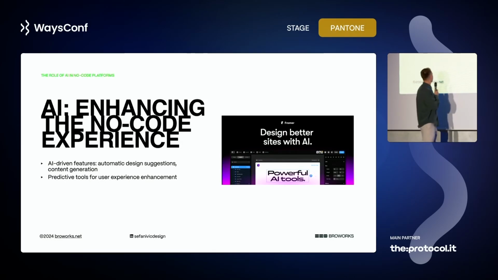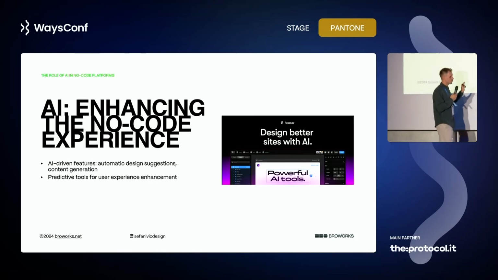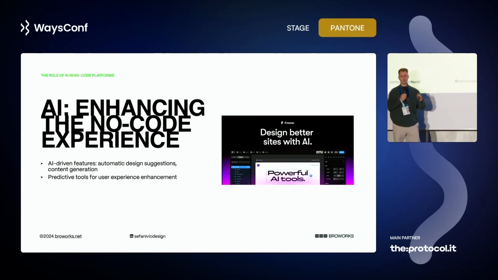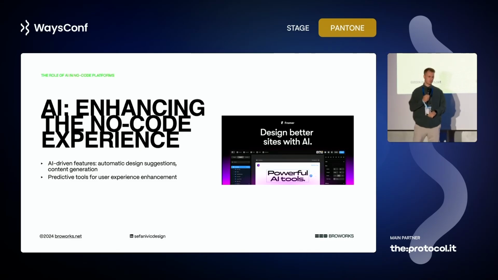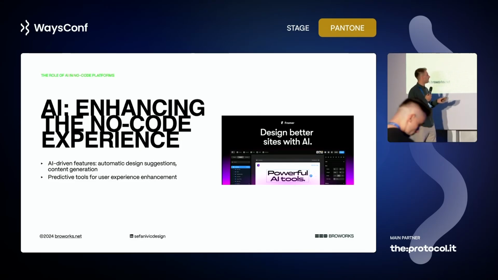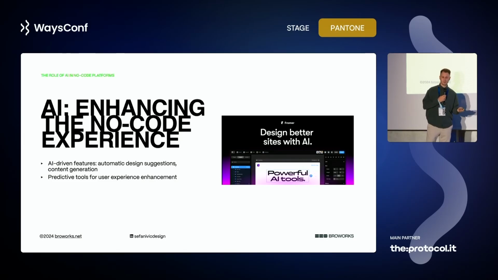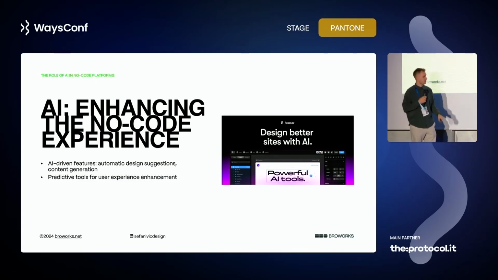Okay, there's not enough time, but AI is also one of the, I mean, if you ask me, AI is the next step of no-code, because no-code is revolutionary. It has changed the way that we develop websites by making things simpler, faster, and easier. And when AI is integrated in no-code, it does that as well. It makes things even simpler, even faster, and cheaper as well. So AI is, logically, the next step of the no-code revolution and process.